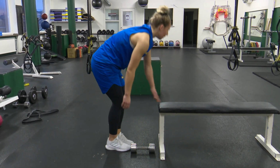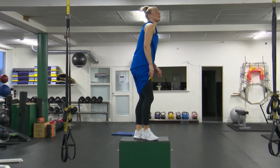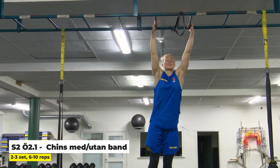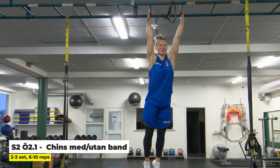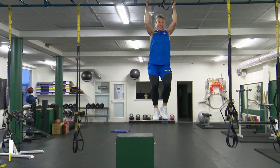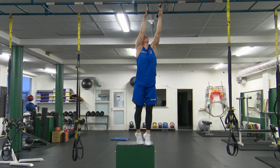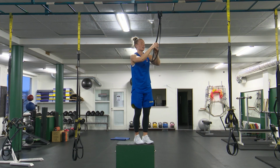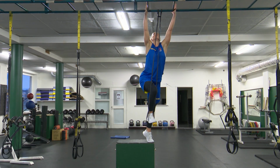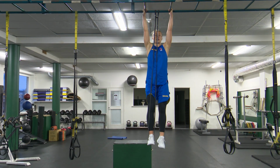The other exercise: chins with elastic band. So she's gonna go immediately to the harder version without elastic band. Good. Then go with elastic band. And then